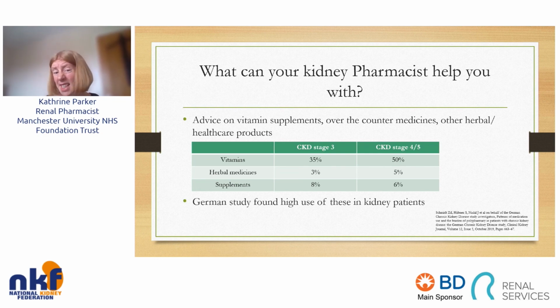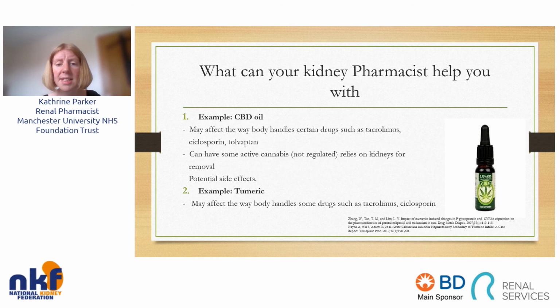And actually 5 to 6% of patients were taking herbal products or supplements as well from health food shops. So there was quite high usage, which was quite surprising to me. Some of the things I've been asked about in my role, certainly a few years ago, there was a big rage about CBD oil. I was getting kidney transplant patients and dialysis patients asking: